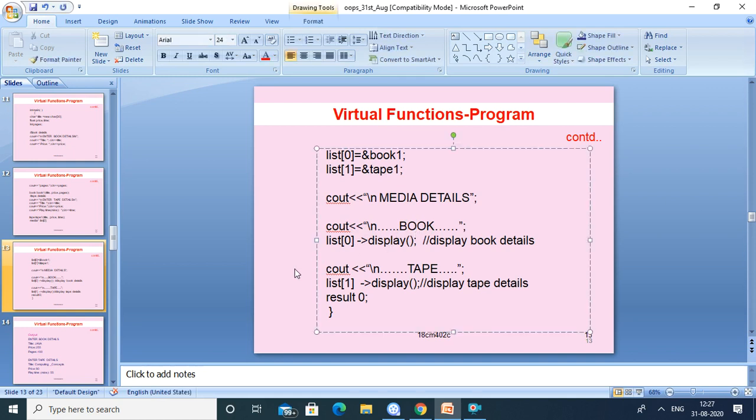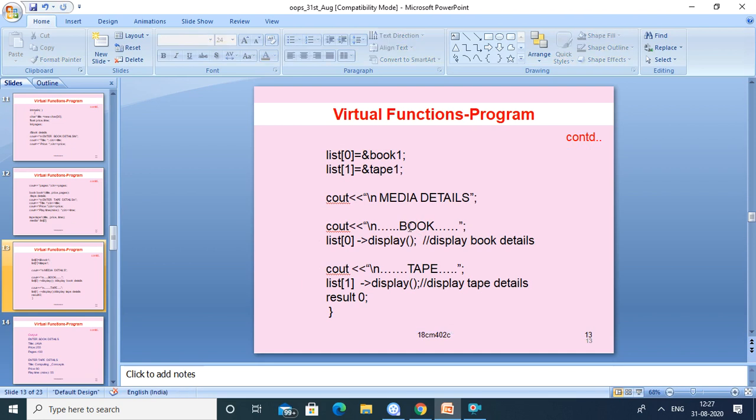How can I call it? Using the base class pointer variable list of 0, because I use this pointer variable of the base class to store the address of the derived class object book1. So using list of 0 arrow display,